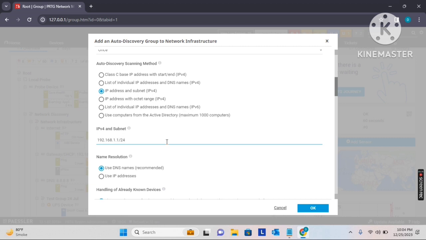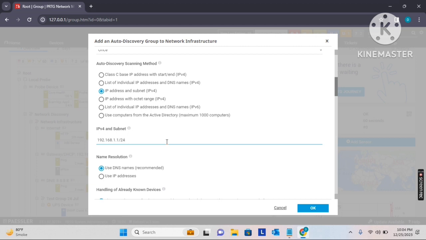If I mention the subnet mask with the IP address, whatever devices come under this group or the subnet or the IP address group network IDs will get automatically added into PRTG. So if I'm not wrong, 256 IP addresses get added into the class C IP address with the subnet using subnet 24. So all the 250 devices using an IP address will get added automatically into PRTG,